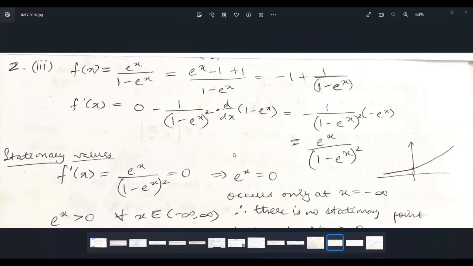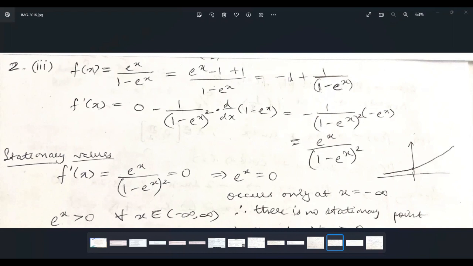So we have this function as f of x equal to e to the power of x by 1 minus ex. I'm rewriting the numerator as ex minus 1 plus 1, so that the first term, ex minus 1 divided by 1 minus ex, gives us minus 1, and the second term is 1 by 1 minus ex. This will help us to differentiate this easily, because when I do f dash of x,